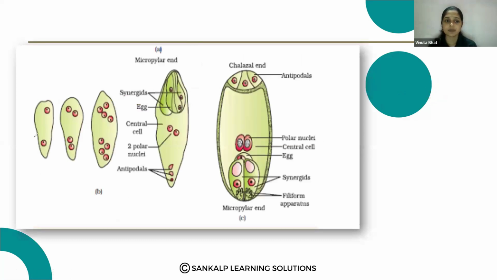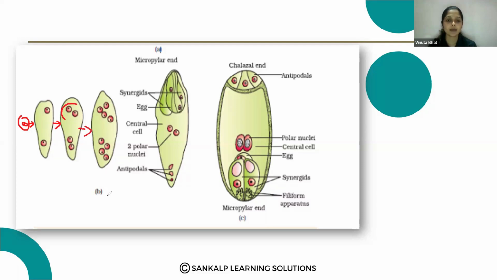So this functional megaspore undergoes mitosis and forms the two-nucleate embryo sac. Again it undergoes two further mitotic divisions and forms the 4-nucleate embryo sac,